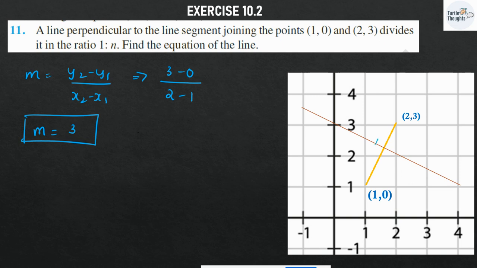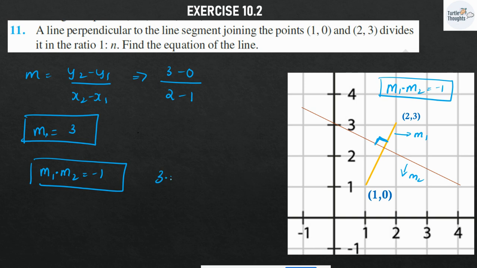If the two lines are perpendicular, and one of the slopes is m1 and another slope is m2, then what can I tell? Can I tell that m1 multiplied by m2 should be equal to minus 1? So let this be equal to m1. So I can write m1 multiplied by m2 should be equal to minus 1. So 3 multiplied by m2 should be equal to minus 1. So I will be getting m2 as minus 1 over